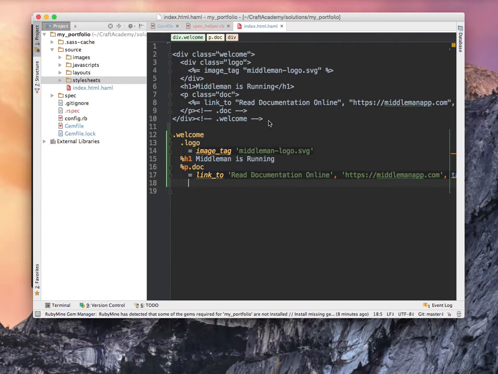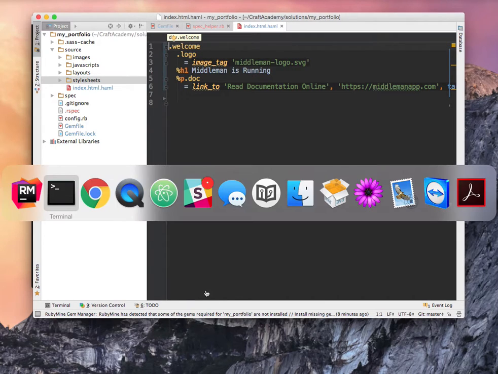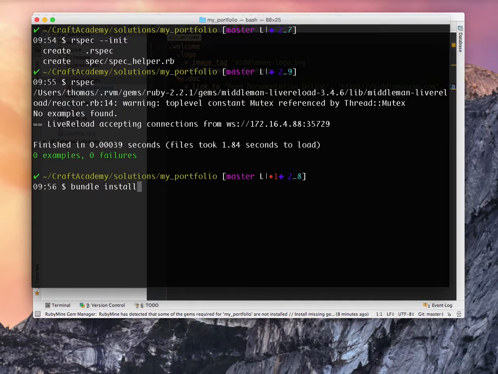So in comparison here, what you see now from line 12 downward is the HAML markup for the same thing as you see from line 2 to line 10. So you see, it is a much shorter way and much smoother way, in my opinion, to write HTML tags and add the Ruby into that. So we're going to remove all of this and save this file. I'm going to go back to my terminal, fire up the Middleman server again, and just